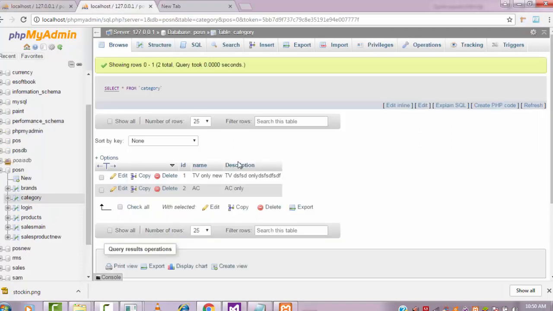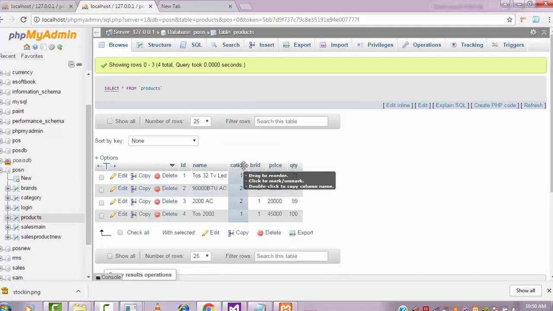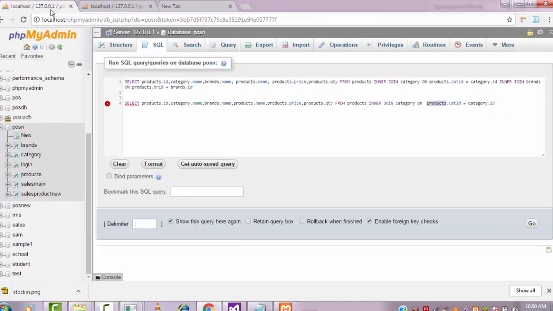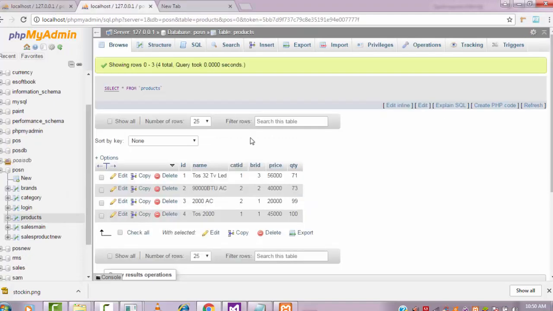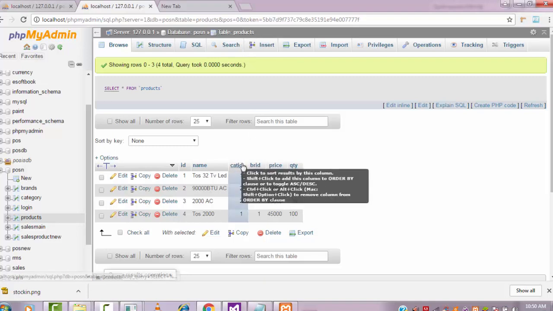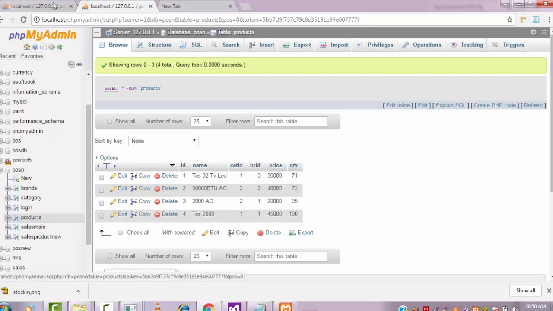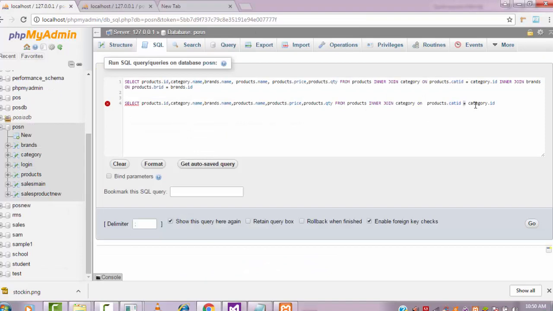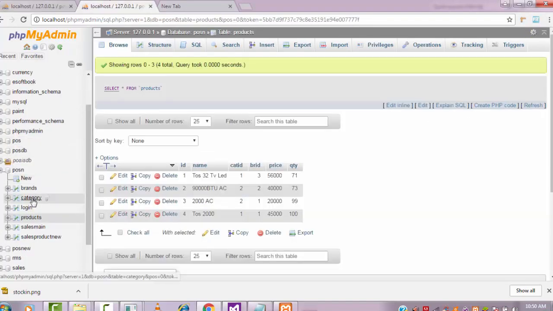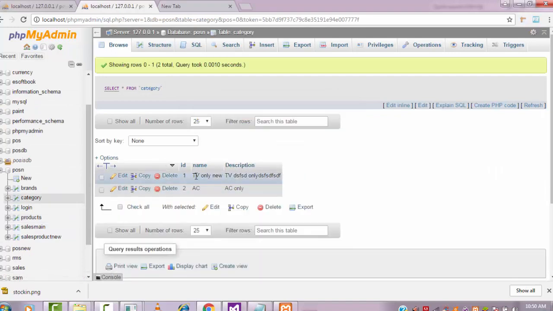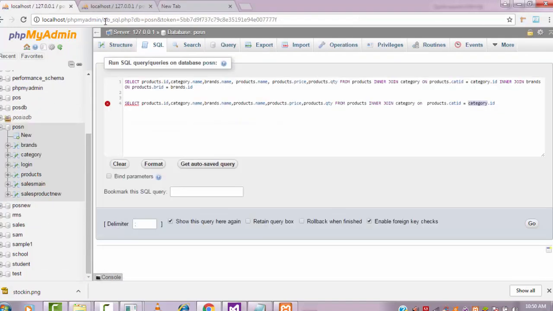If you go back to our products table, the category field is available, so we easily set products dot cat ID equals category dot ID. That's the stuff I mentioned here.